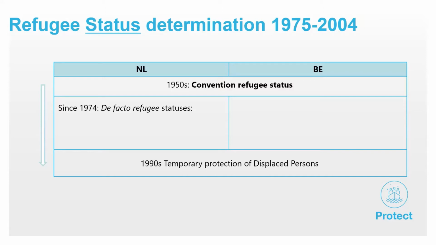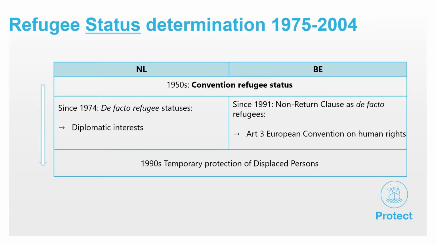However, there were also differences between the countries. The Netherlands started expanding protection to non-convention refugees in 1974, which is way earlier than Belgium, which only introduced a non-convention refugee status in 1991. These non-convention statuses offered less protection, were easier to revoke, and there was more room for interpretation. While the motivation of the Netherlands to establish a de facto status was mainly the protection of diplomatic interests, in Belgium the motivation to establish a form of protection for non-convention refugees was to guarantee Article 3 of the European